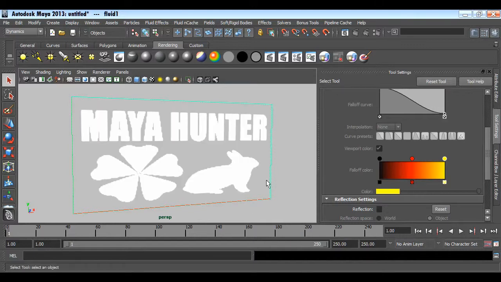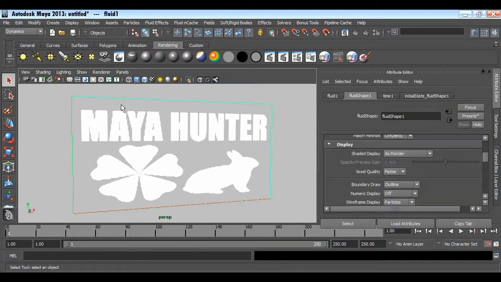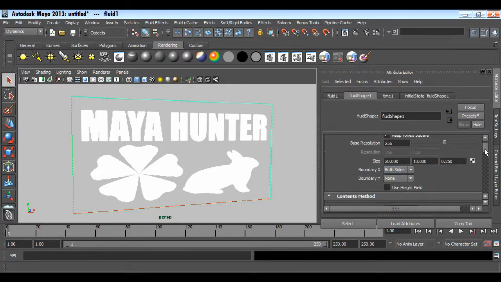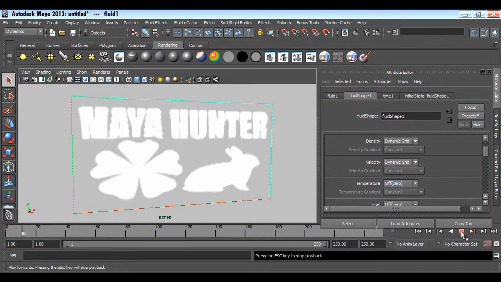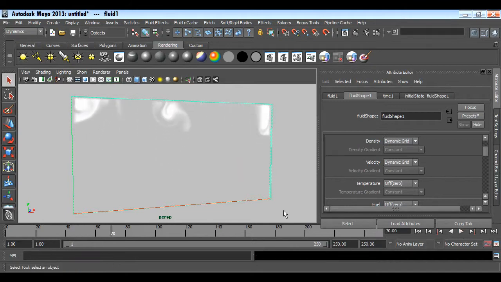Now let's change some more settings in our container so we can get some different kind of movement. I want the fluid to go downside, not upside. For that we will have to change some settings in the container. So let's come to the attribute. We'll press Ctrl A and come in the attribute editor. Let's come down, and now we'll control the motion of the fluid. Currently when we play, it moves up. I want it to come down, not go up. That is because of the gravity, which is applied to the container by default.